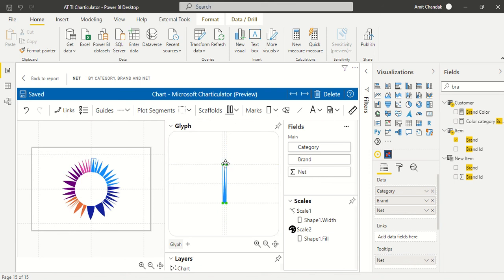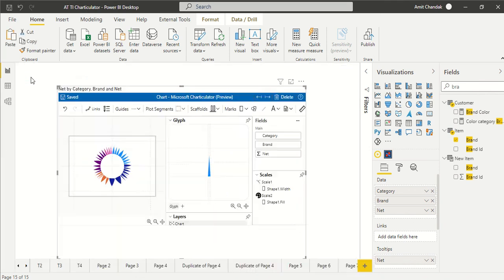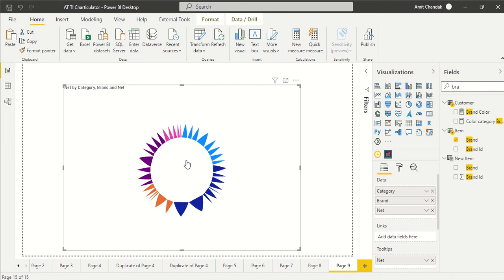Okay, so that's all in your hand. So let's make it a bit smaller, and let's save it. Go back to the report, and now you will see it a bit smaller. Okay, and then you can play around with one more thing. This is not the only shape you can get. You can get other shapes.